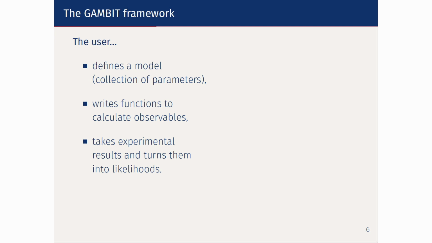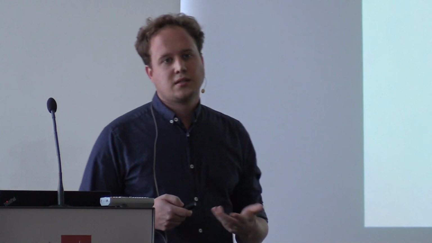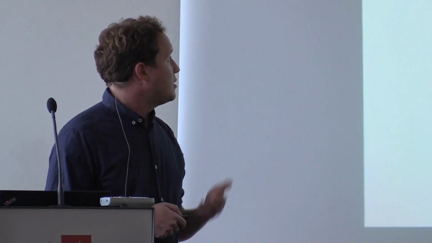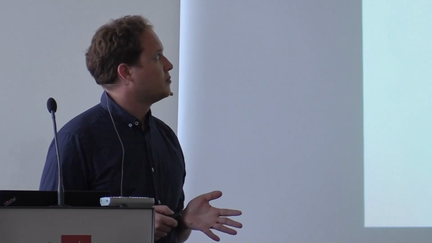So what you have to do is to basically define a model in terms of some phenomenological parameters. In some cases, write the functions to compute the observables. In other cases, there are already existing tools, either within GAMBIT or some external codes that you can connect. And then you need to have access to the likelihoods. And then everything else is done by the machinery. Again, I will get to that in a bit more detail in a second.